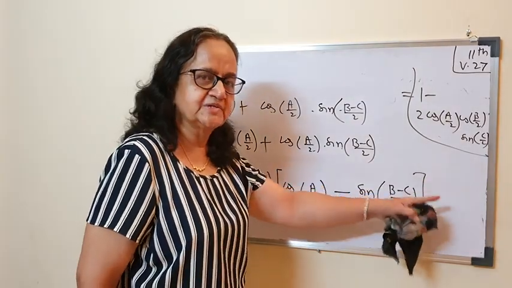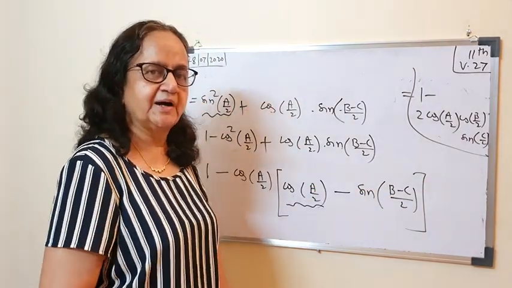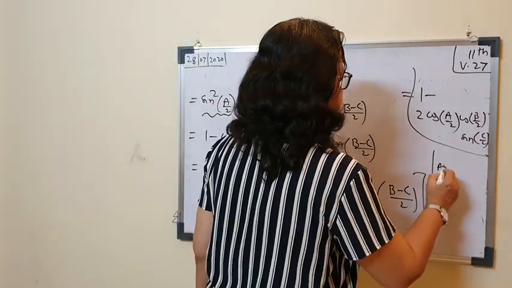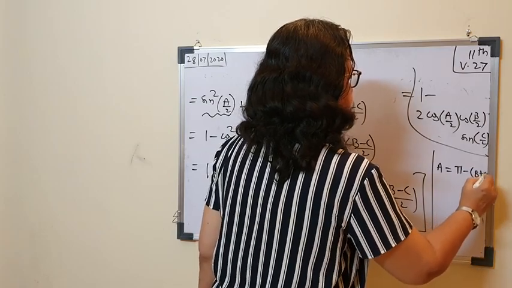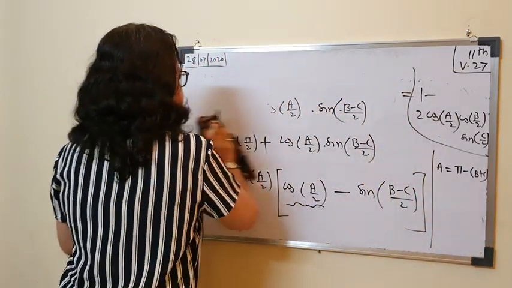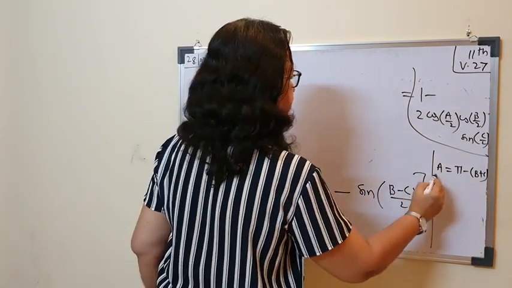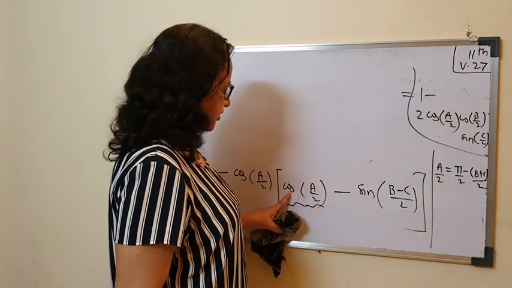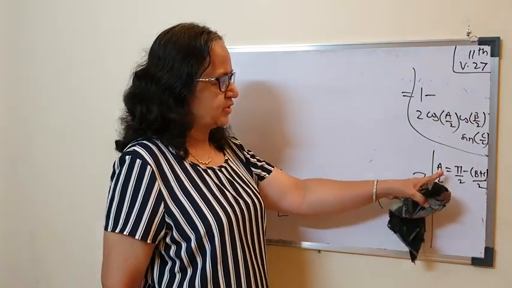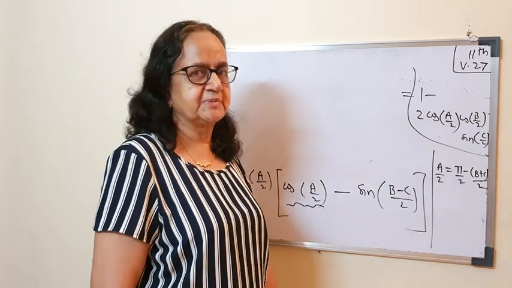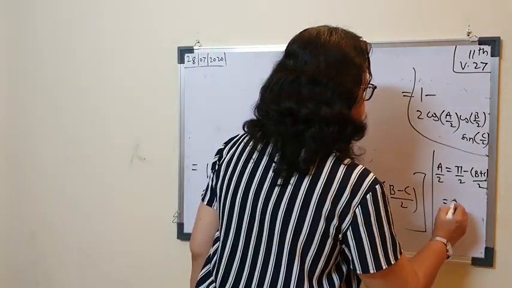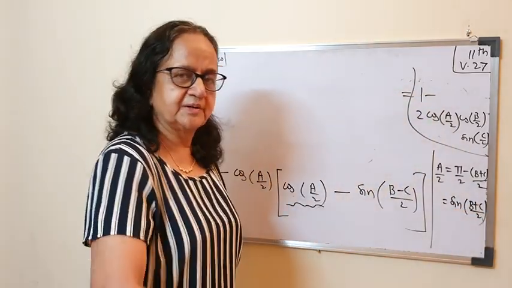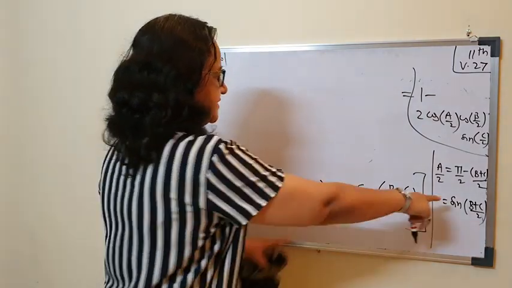So on one side, now I am going to just say you write down a plus b plus c equal to pi. So a equal to pi minus (b plus c). A will be pi minus (b plus c). Divide by 2 throughout. So a upon 2 is pi upon 2 minus (b plus c) upon 2. Take cos on both sides. So cos of a by 2 is cos of all that, pi by 2 minus (b plus c) by 2. Now being pi by 2, cos changes to sin. Angle is (b plus c) by 2. And you are in the first quadrant. So cos a by 2 means sin (b plus c) by 2.